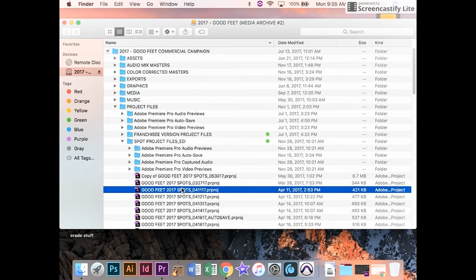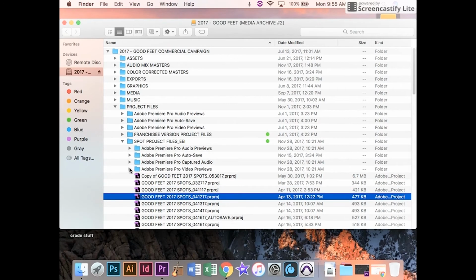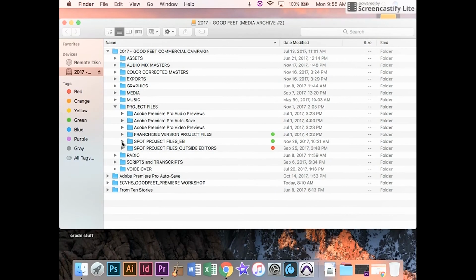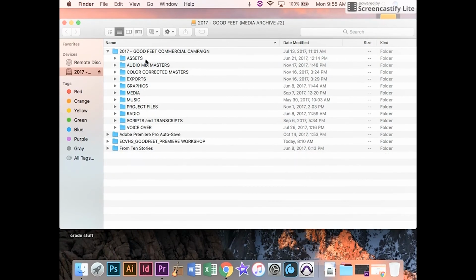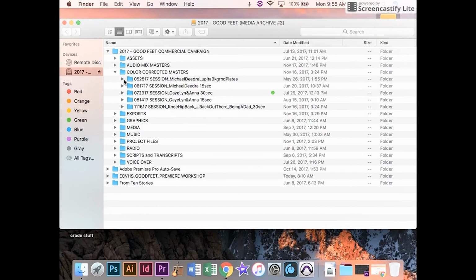Your project files, you want to label your project files with every date, so that every day you're saving a brand new project instead of resaving over the project that you did the other day that's always labeled the same. This is your hard drive, and everything's in here. When you get done with your masters, you have a folder for your color corrected final versions, and we'll take